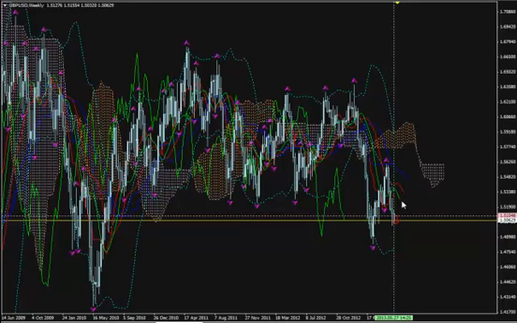And that helps me make my decisions. Additionally, although the lower Bollinger Band is turned inwards, and it shows that the volatility will slow down for a while,